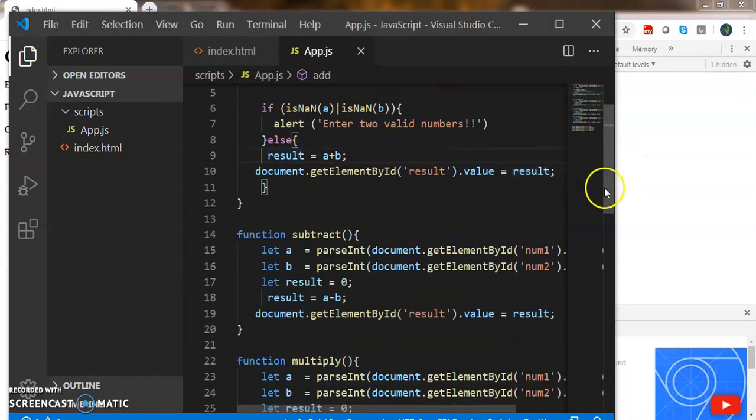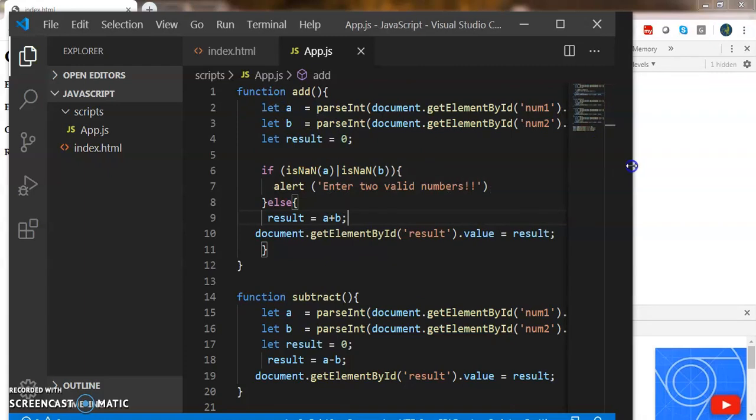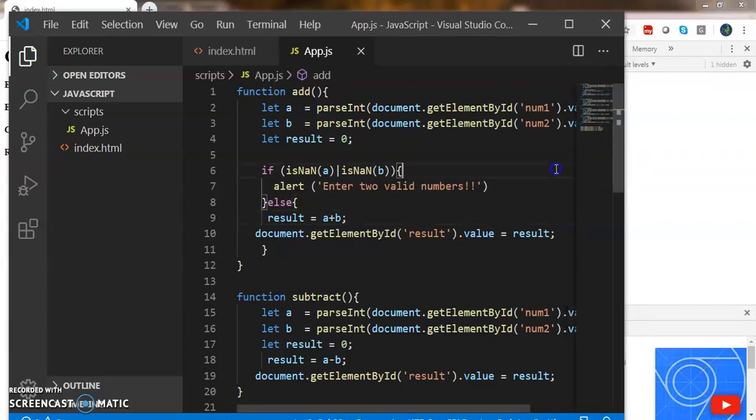Now if we keep on adding this code, the code becomes very lengthy. In order to make the code more readable and easier to maintain, I am going to make each functionality a block, a separate function. Let us say capturing the numbers is a separate function, and validating and performing the operation are separate functions, so that the code repetition will be eliminated.